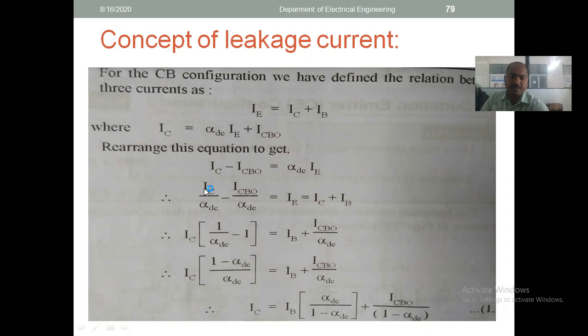So IC goes outside, and here 1 divided by alpha DC comes. The terms related to this configuration, ICBO and alpha DC, should be taken as 1. So the equation is 1 divided by alpha DC, and this acts as a 1. Why is it 1? See the relationship of